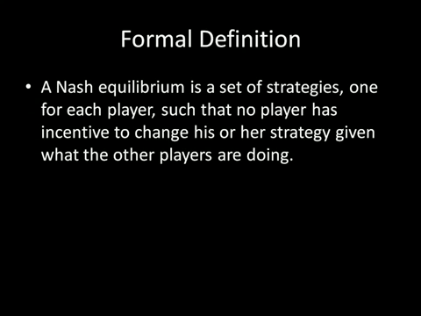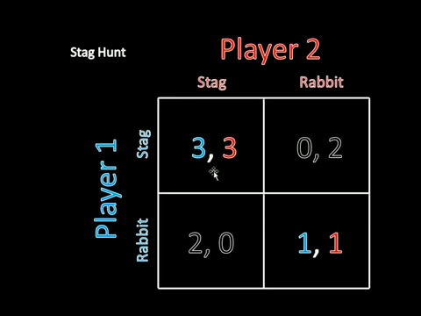But what does that actually mean? I mean, that's a big block of words. It's pretty hard to break down. We've seen examples of what that means in the stag hunt, where both players choosing to hunt a stag or both players choosing to hunt a rabbit is a Nash equilibrium. If you don't remember this, go check out the video on the stag hunt. But that still doesn't really give you a very great intuitive understanding of what Nash equilibrium is. So in this video, we're going to talk about that intuitively and look at an example from everyday life, where we actually see a Nash equilibrium being played by people every day.